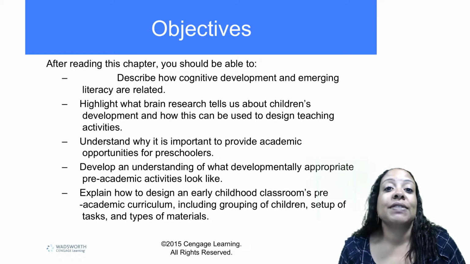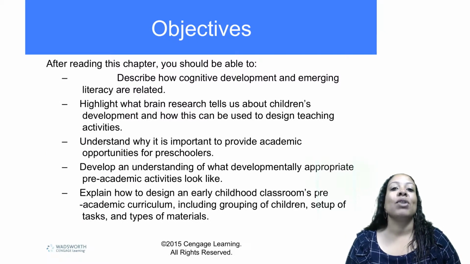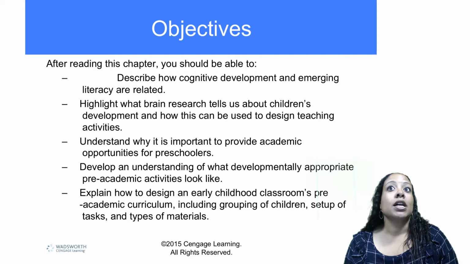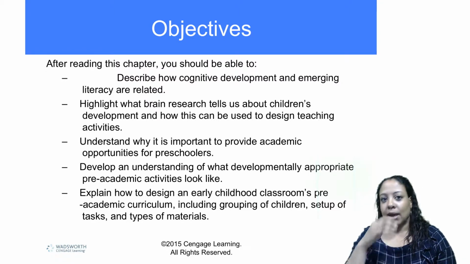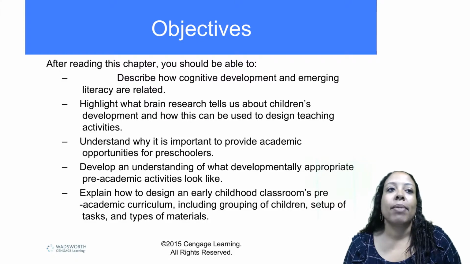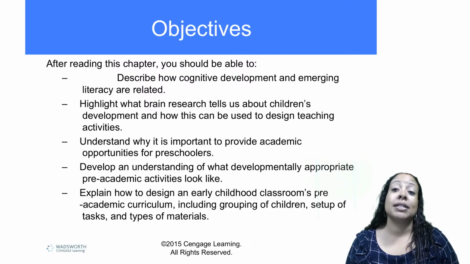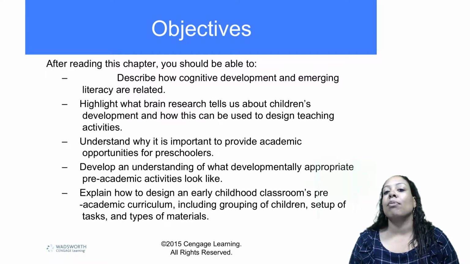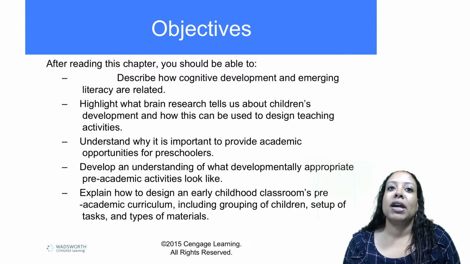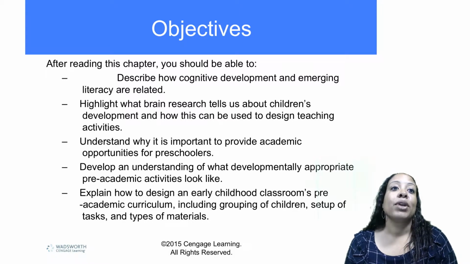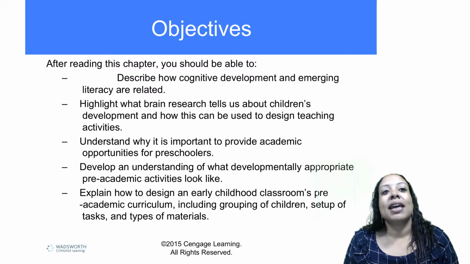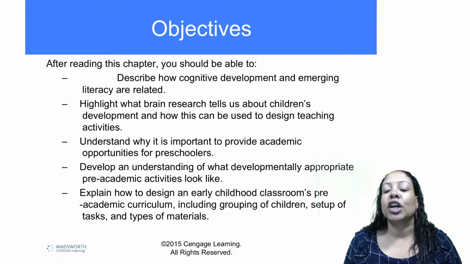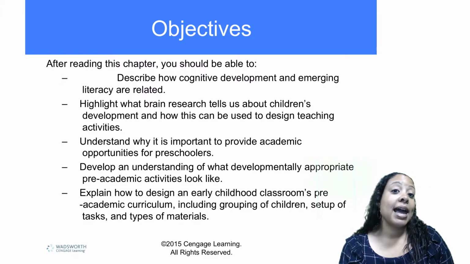Here are our objectives for Chapter 17. After reading this chapter, you should be able to describe how cognitive development and emerging literacy are related. Highlight what brain research tells us about children's development and how this can be used to design teaching activities. Understand why it is important to provide academic opportunities for preschoolers. Develop an understanding of what developmentally appropriate pre-academic activities look like. Explain how to design an early childhood classroom's pre-academic curriculum, including grouping of children, setup of tasks, and types of